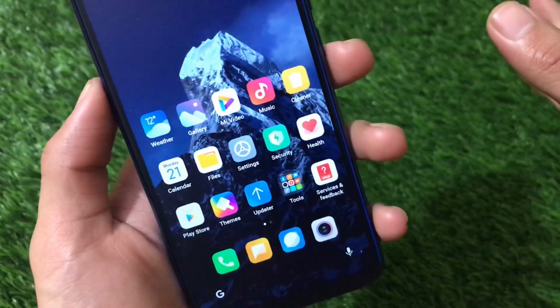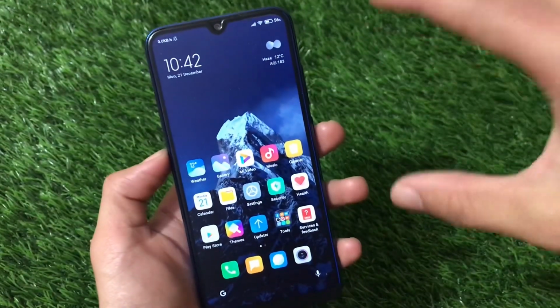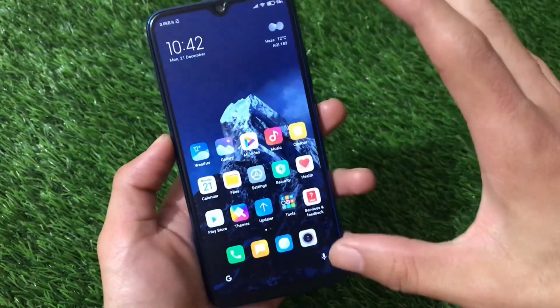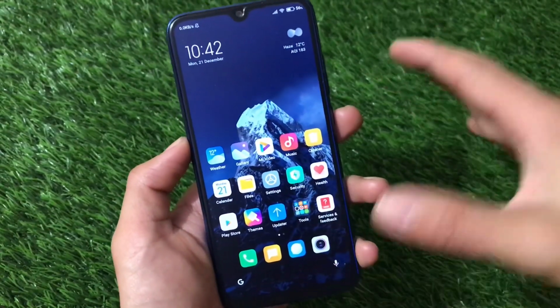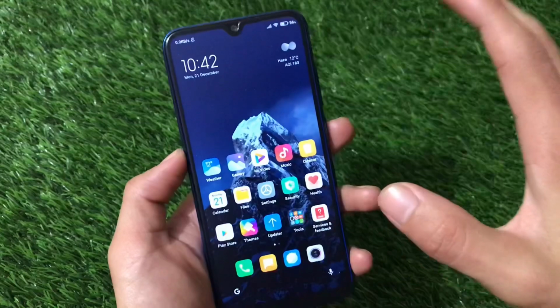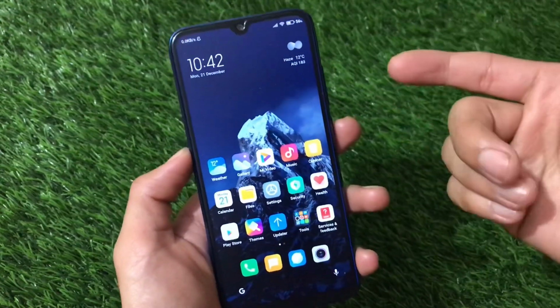This wallpaper looks really nice and always changes according to the time. This is a really good advantage of this wallpaper. You can try out this wallpaper. The link for all the required files is in the description. You can go and give it a try.